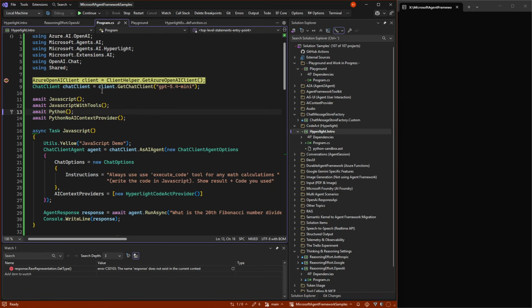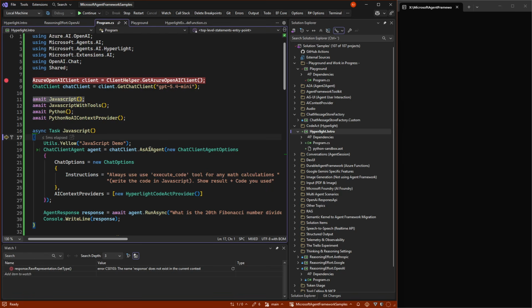There we go. So we are just newing up a new client like always. In this case, we are just using ChatGPT 5.4 Mini. And then let's try to use CodeAct with JavaScript, meaning Hyperlight JavaScript. Because CodeAct is just the way of executing the code, and the JavaScript is the sandboxed environment.